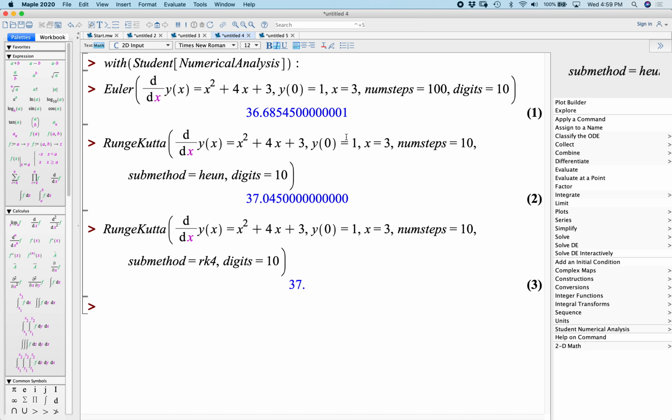So we do have the pattern: Euler is only so accurate, the improved Euler is substantially more accurate, and the Runge-Kutta is highly accurate. But there is a limitation with the numerical methods. Say we're looking for the approximate or the exact answer, and we have dy/dx equal to the square of the sum of x and y,